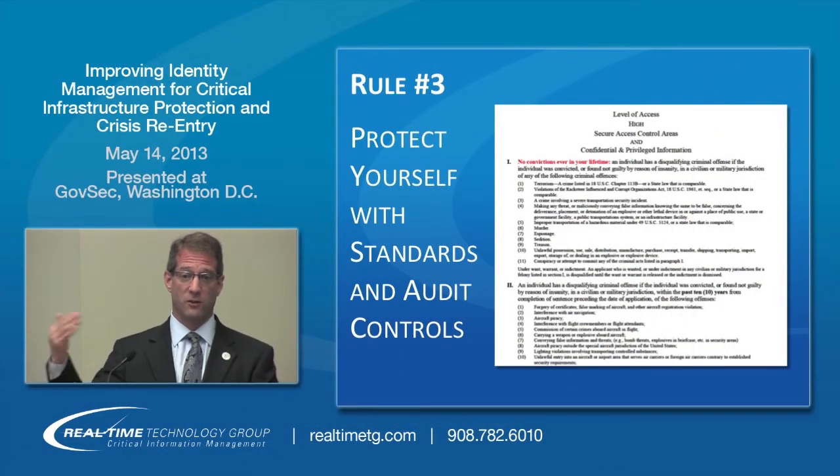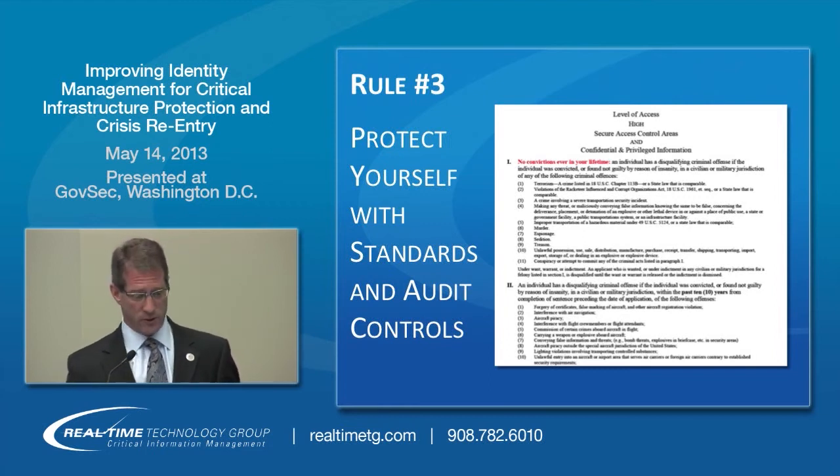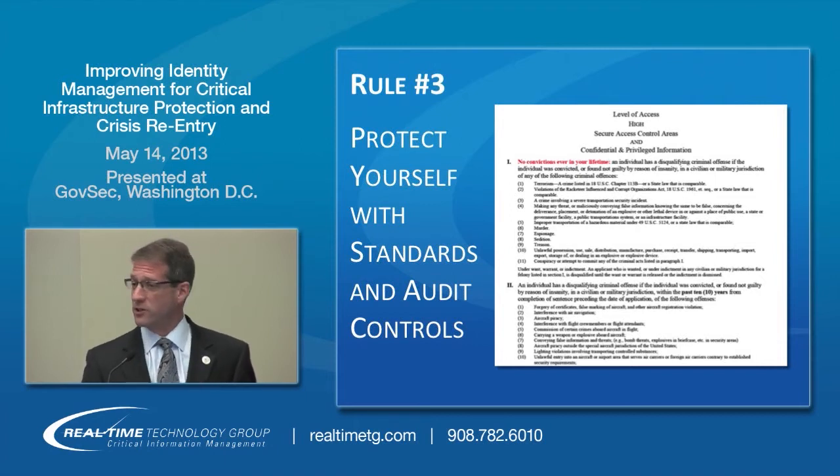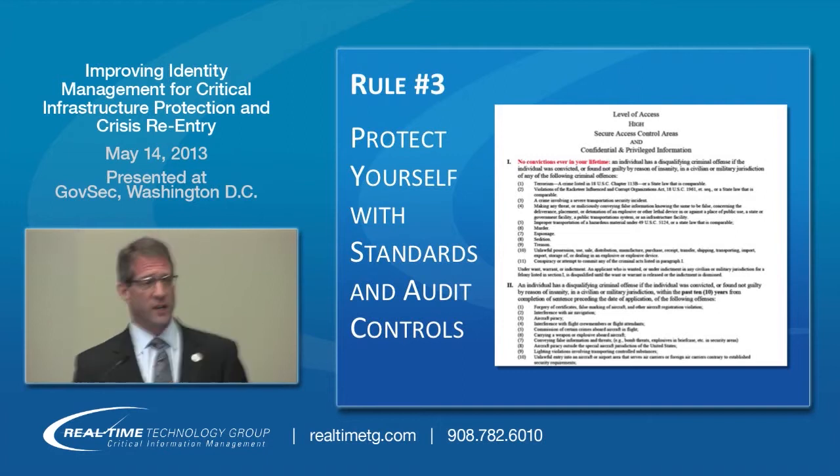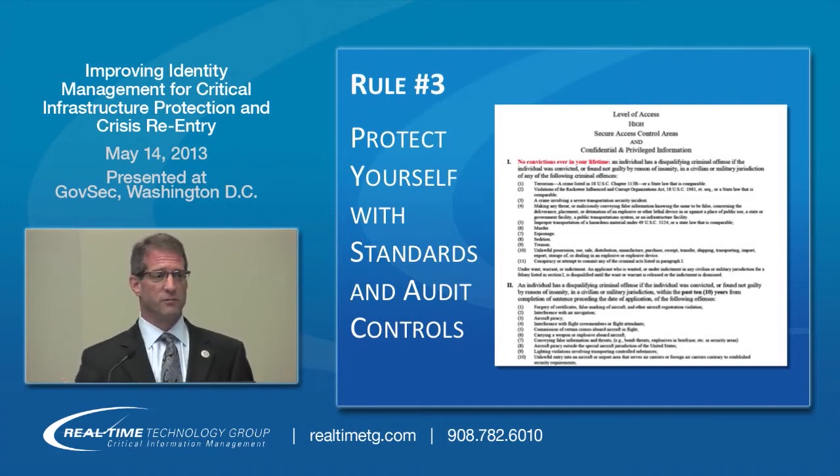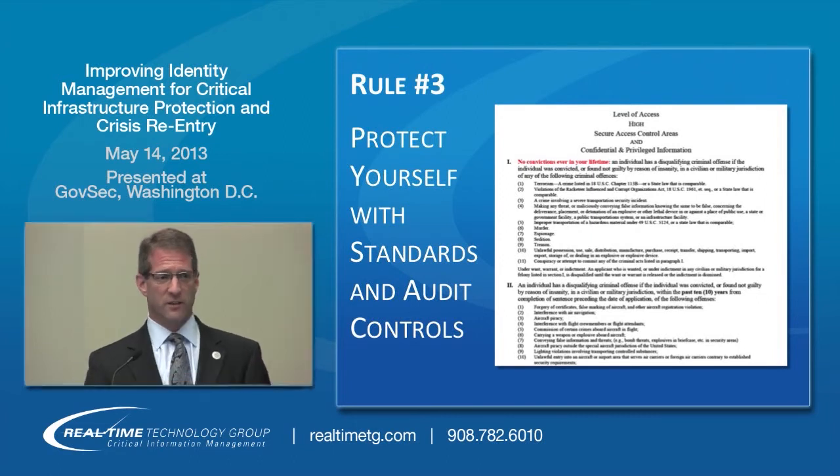denying somebody their right to work. So what we do is protect ourselves with standards that are already established and audit controls that prove compliance with those standards. There are lots of standards already out there. There are Homeland Security presidential directives. There are FIPS data standards. There are CFRs related to national infrastructure protection that define clearly at the federal level what an individual's profile should look like in order to comply with federal recommendations, federal mandates, albeit unfunded mandates.